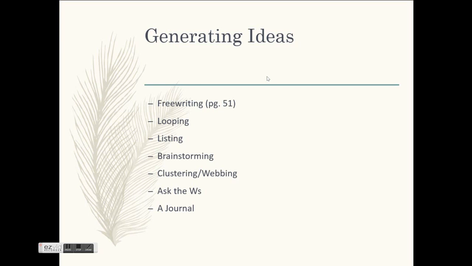Okay, then you need to come up with ideas. What am I going to say once I come up with a topic? So once you've done that pre-writing and you've chosen a topic to write about, then you need to generate some ideas. What am I going to say about this topic? So there are a couple of different ways to go about that. The first one is free writing, which I love. Essentially, the idea of free writing is you say, okay, I'm going to write about